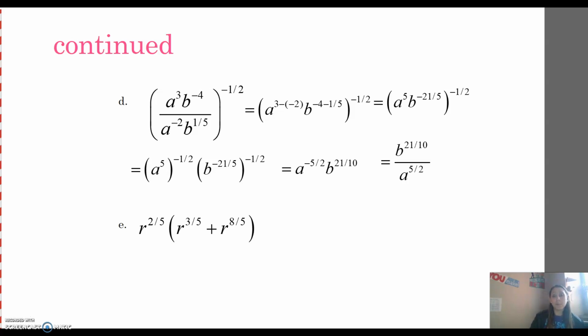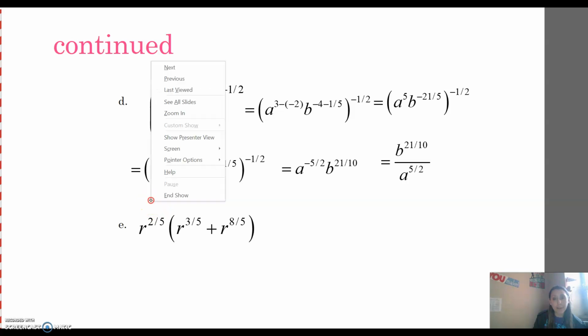Okay, so this one, you actually do know how to do this. Most students kind of freak out when they see it, but if I gave you,